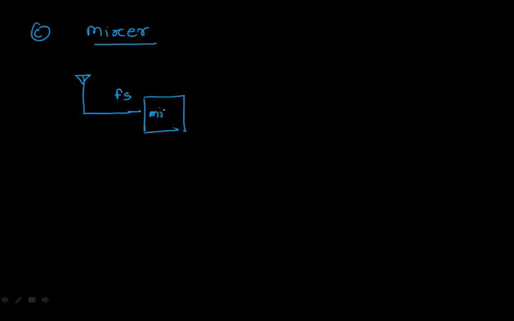The third application of your Magic T is that you are using it as a mixer. As you know, what is the purpose of a mixer in communication? Let any frequency come. If this is the receiving antenna and I'm receiving some energy, you use a mixer to convert that energy into the intermediate frequency, which is a fixed frequency, because you are connecting it to the local oscillator. So that is the work of a mixer. So what is the IF? It is nothing but Fs minus F0.